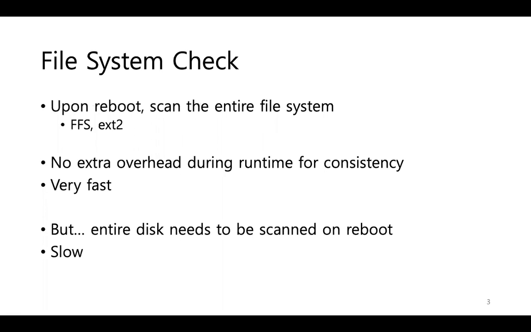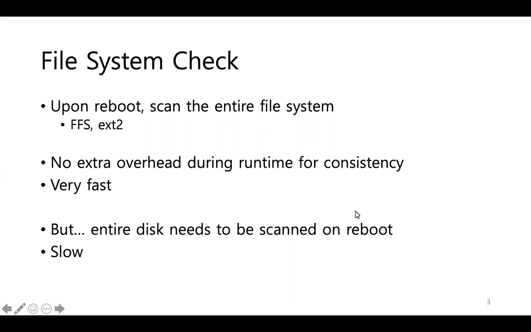First one, maybe the most simple, is the file system check. So when we reboot after a crash, what we do is we just scan the entire file system and then determine from there where the corruption may be. So this appeared in sort of older file systems like FFS and ext2. And the good thing about schemes like this is